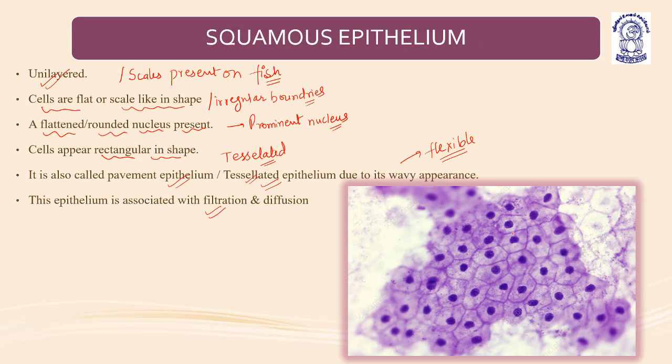You can see in the picture, this is a histopathological slide, meaning under the microscopic section you can see the boundaries of the cells are irregular. The nucleus is very prominent and it is at the center. The cells are of different shapes, pentagonal, hexagonal, and the nucleus is at the center and is prominent. Understood? Now coming to next,